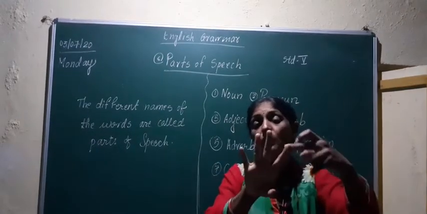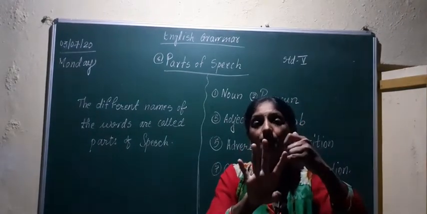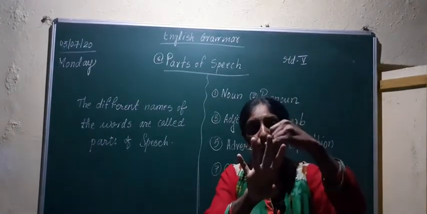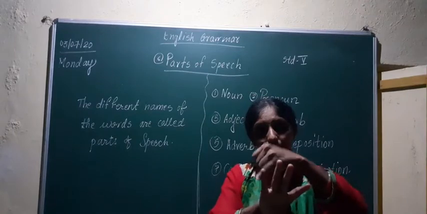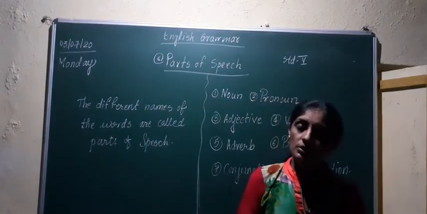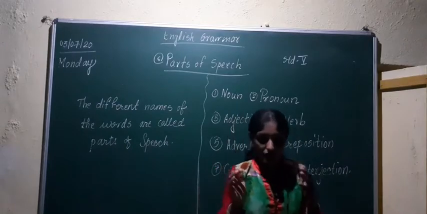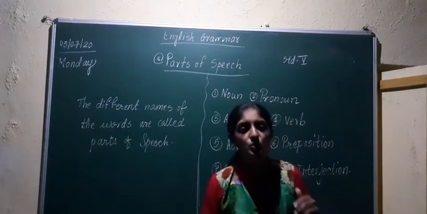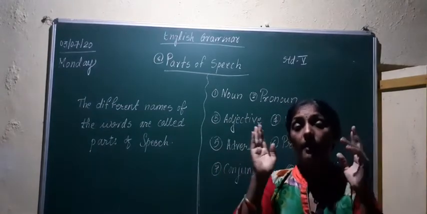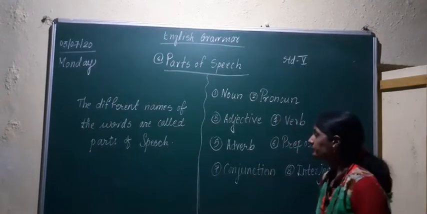There are some words that don't change. The first 3 forms of some words do not change, like cut, cut, cut, cutting, put, put, put, putting. Here 3 forms are not changing in some words. In this way, the words which tell about an action are called verbs. Verbs are action words.